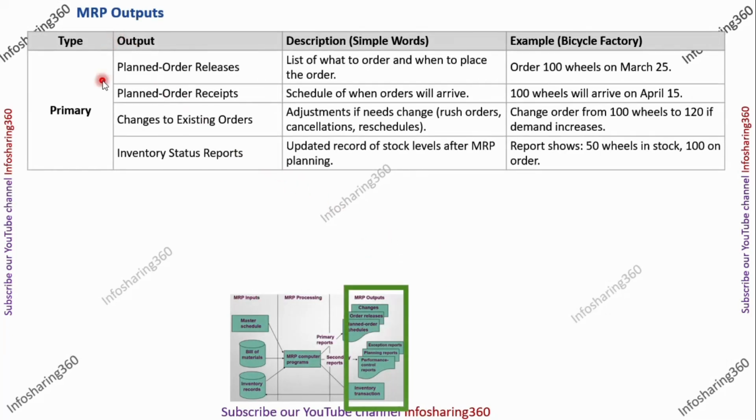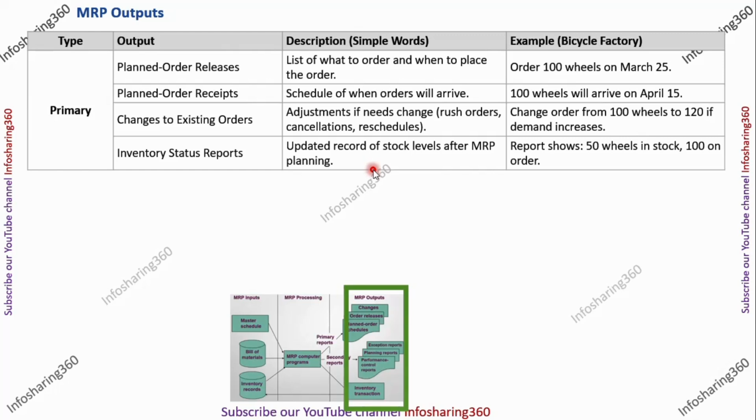MRP generates two types of outputs, primary and secondary. In primary outputs, first, planned order releases, what to order and when to place orders. Second, planned order receipts, when orders will arrive. Third, changes to existing orders, adjustments to current orders when needs change. Fourth, inventory status reports, updated stock